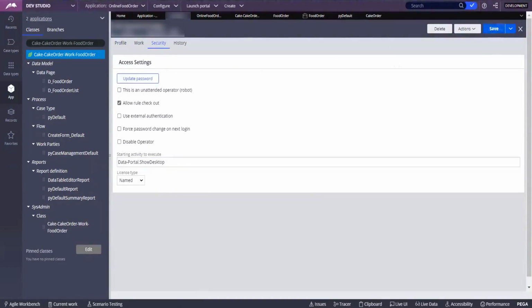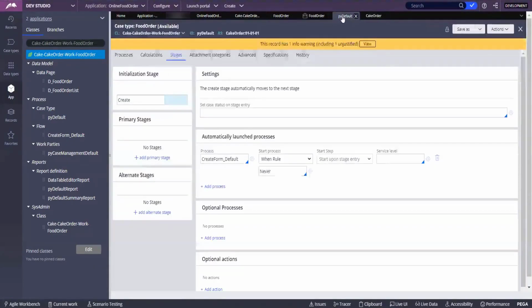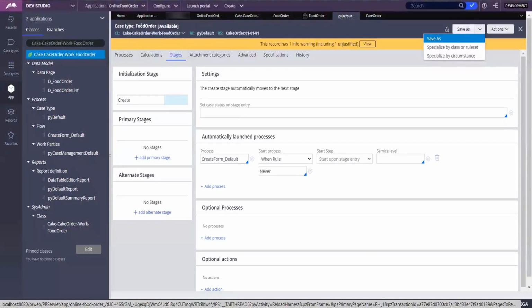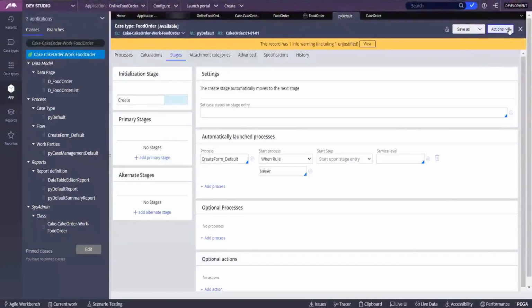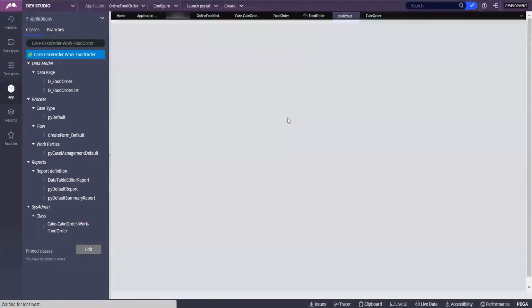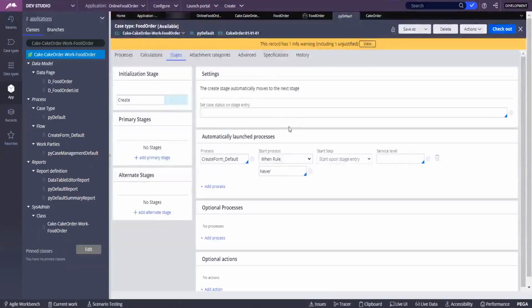Yeah, now you have saved it. Now go here and refresh. You saved your operator, right? Refresh actions. Go to that PE by default actions and refresh. Okay, you have the checkout option now.